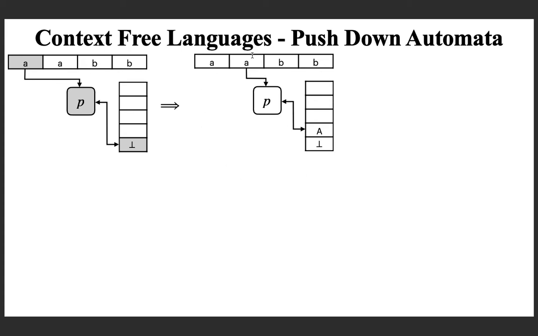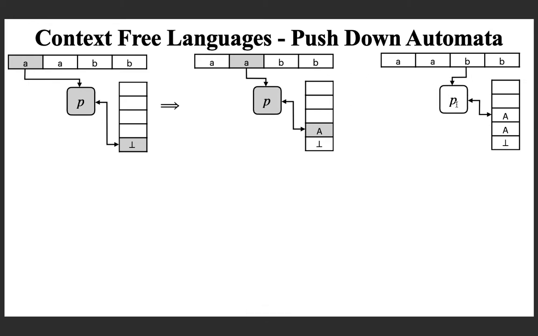Now, if you look at this configuration, the next transition is defined by the current state P, the next input symbol small a, and the top of stack symbol capital A. Here again you can say that, okay, consume your input, retain your state, and corresponding to this small a as well, you push one more capital A. And in general, suppose you have n number of a's on the left side, you will have n number of capital A's on the stack. And in this configuration, you can see that the input symbol is small b, you are reading it from the state P, and the top of stack symbol is capital A.